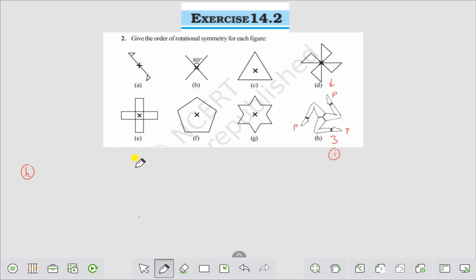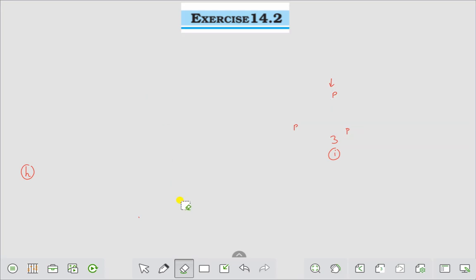Therefore, we again write the various orders of symmetry of the following figures. That is, in the first one, you see we got that the order of symmetry for this figure is 2, right? The order of symmetry for this figure